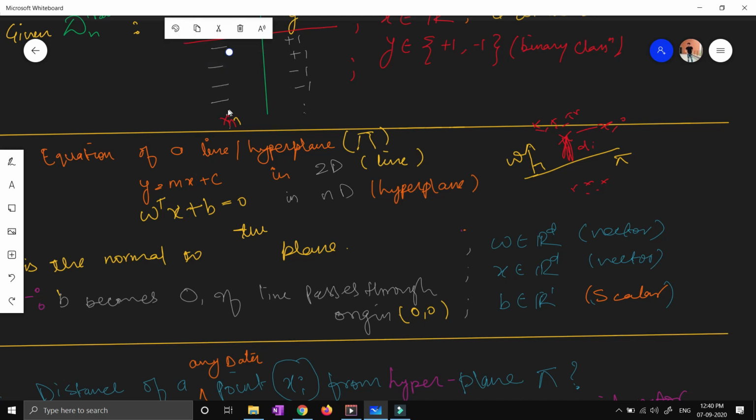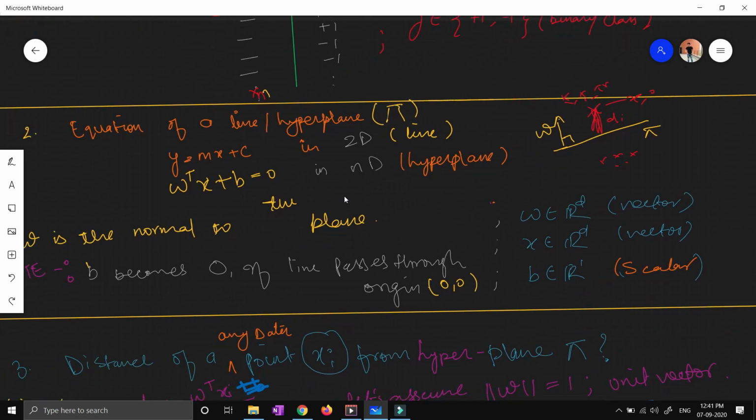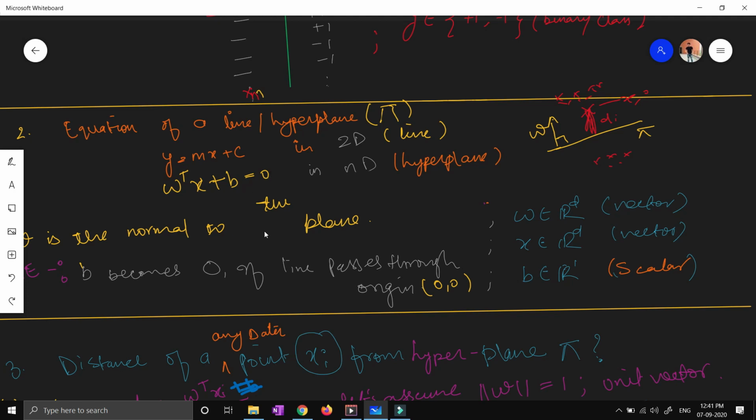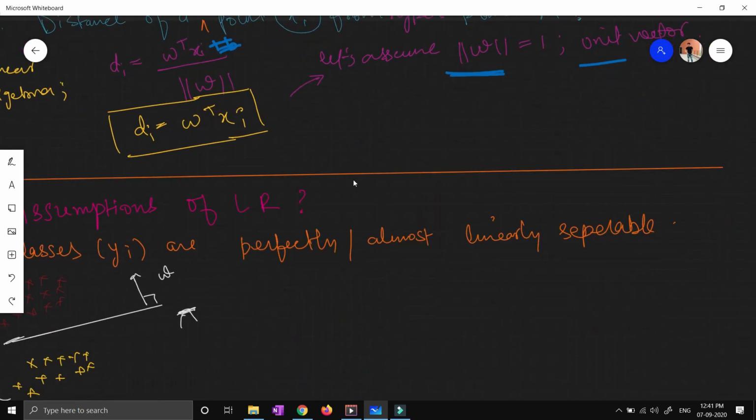All these are my reviews basically, and I have drawn these into the 2-dimensional space. As of now you can see stars, crosses like this. All these are my data points. And I have to find this particular plane. This is my objective. For that I'll be needing the equation of a line, which is w transpose x plus b equals 0, and the distance w transpose xi of any point from a plane.